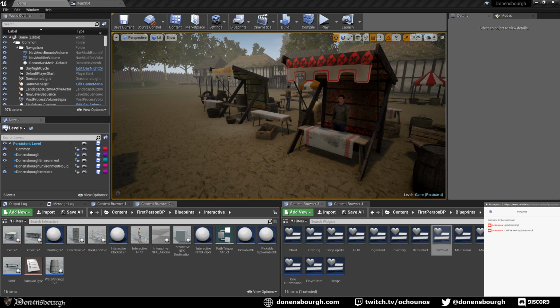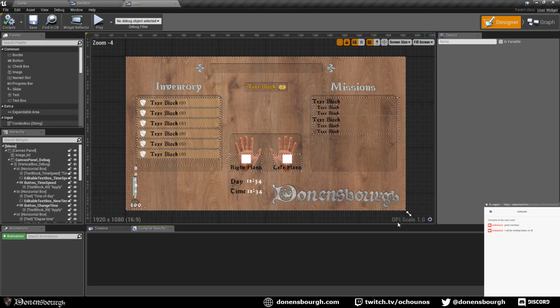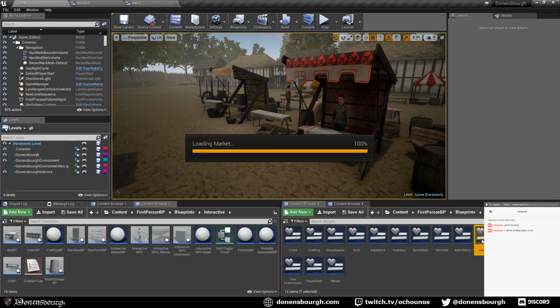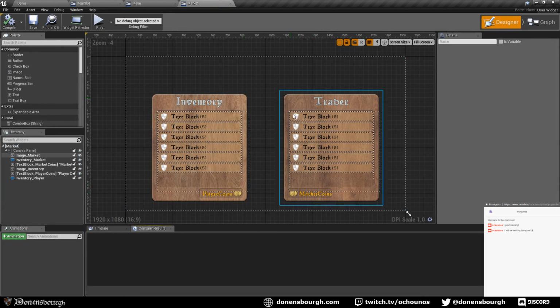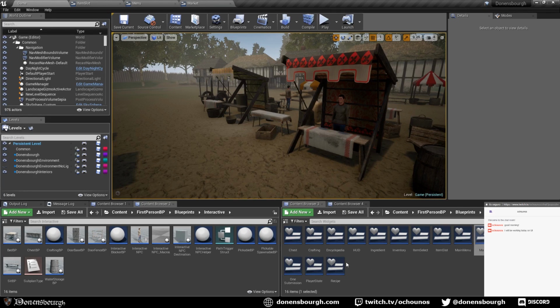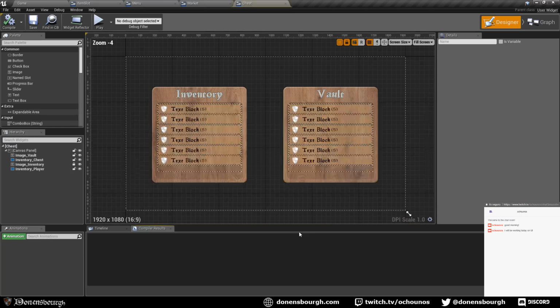Hello everyone, I will be working today on user interface. I was working a bit on the menu and things like that, and also on the market and the vault that you have. Here the inventory is much nicer, but I would like to change every single item here that